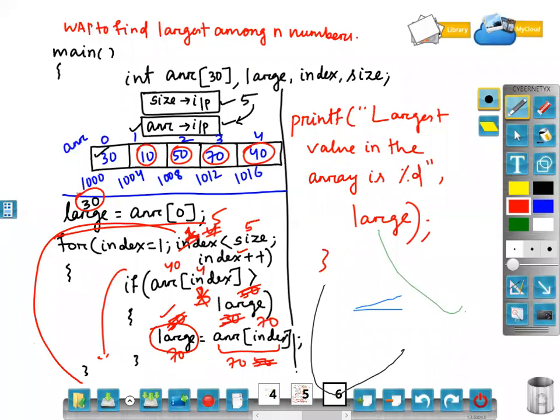Clear? I will write the same array program using a function. How to do that? Now, how to write the program by using a function? All of you just check. The same program, find the largest among n numbers. This program I want to write by using a function. Okay. Now check.